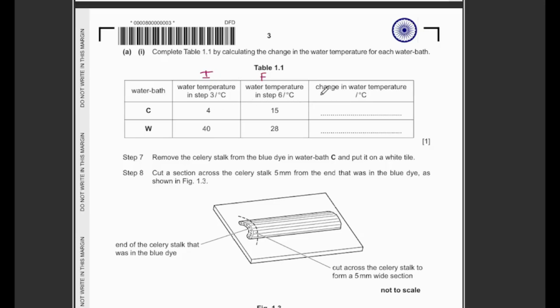That's true. The answer will be 11. It's already in degrees Celsius, so no need of mentioning the unit again. Now if you apply the same step here, final minus initial, 28 minus 40, then you get negative 12,